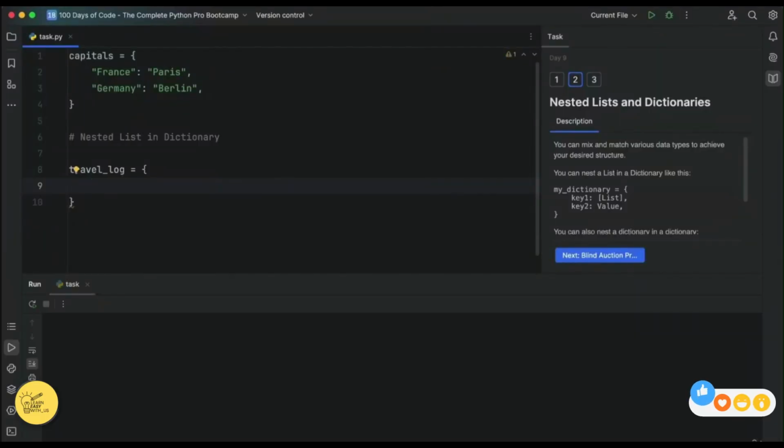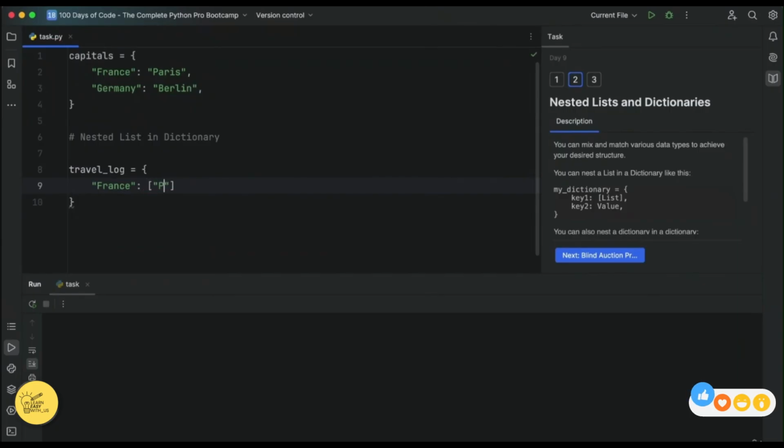So, for example, if I had traveled to France and I wanted to say that I've been to multiple cities, I can't simply just say Paris and then Lille, Dijon. That doesn't really work because each key can only have one value. The only way that we can make these three pieces of data one value is by turning it into a